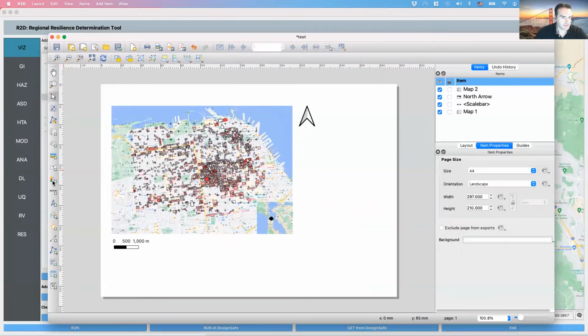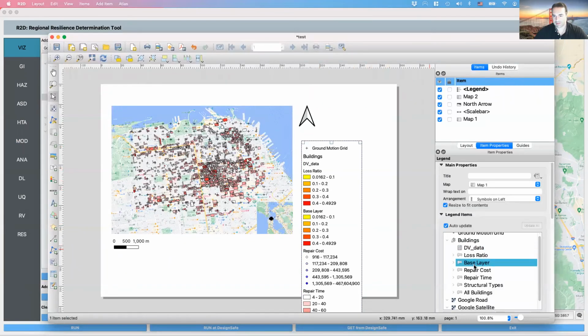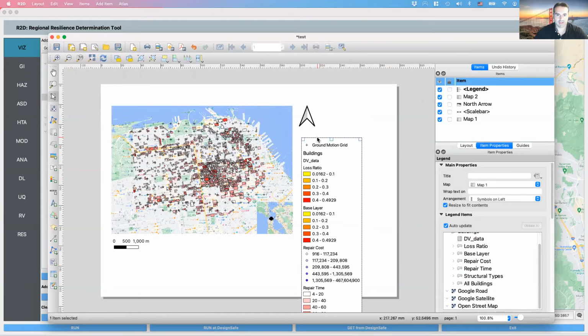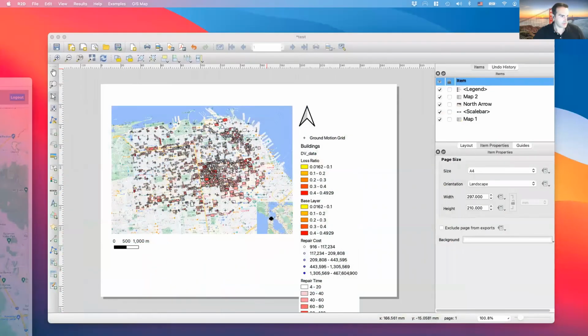And I could also add legends here. So pretty quickly you could create this, and you can go through here and remove the items you don't want. I won't waste time on that. But you can go through here and create a visual that's appealing for how you want to display your data. Okay, and that's it. I'm going to go back now to